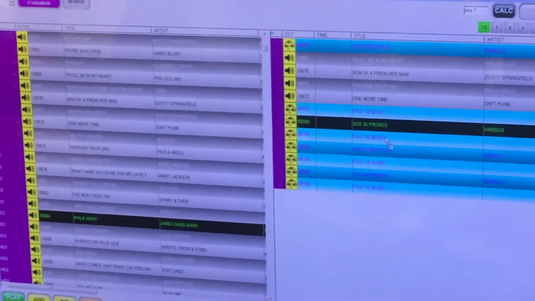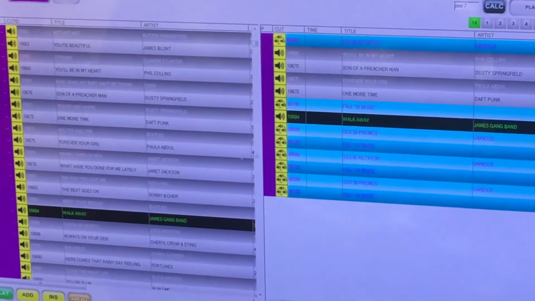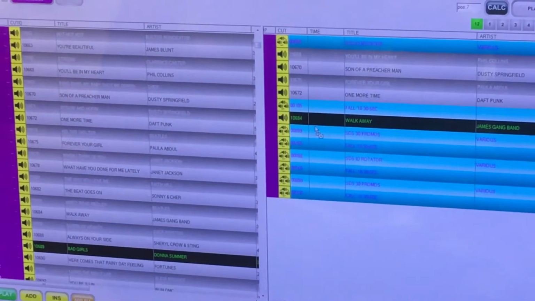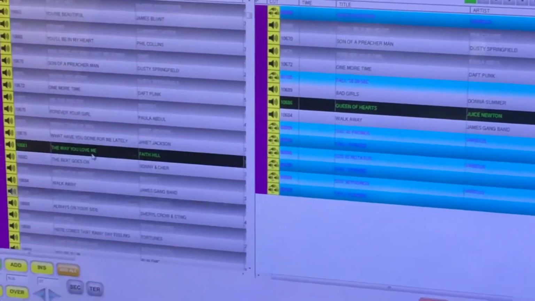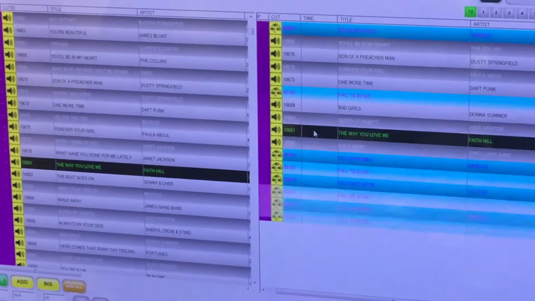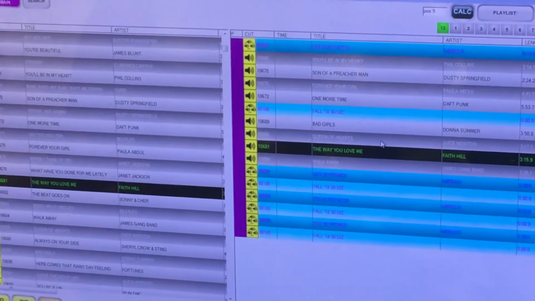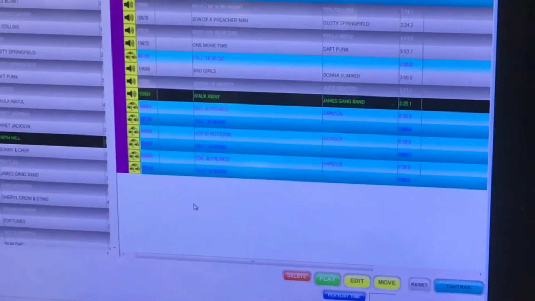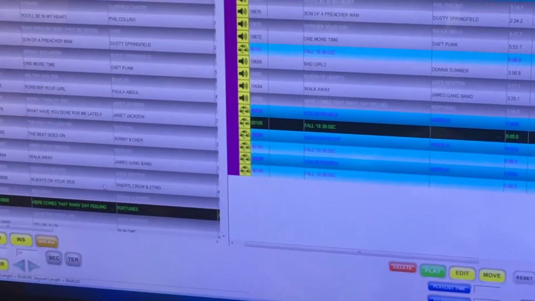How do you get rid of one if you make a mistake? All right, I will show you that. Let me add these in. Okay, so let's say I didn't want this one, The Way You Love Me by Faith Hill. I just hit delete here, and it goes away. All right? So adding is just dragging and dropping, so I'm going to replace that with this one here, and now I'm going to go ahead and add